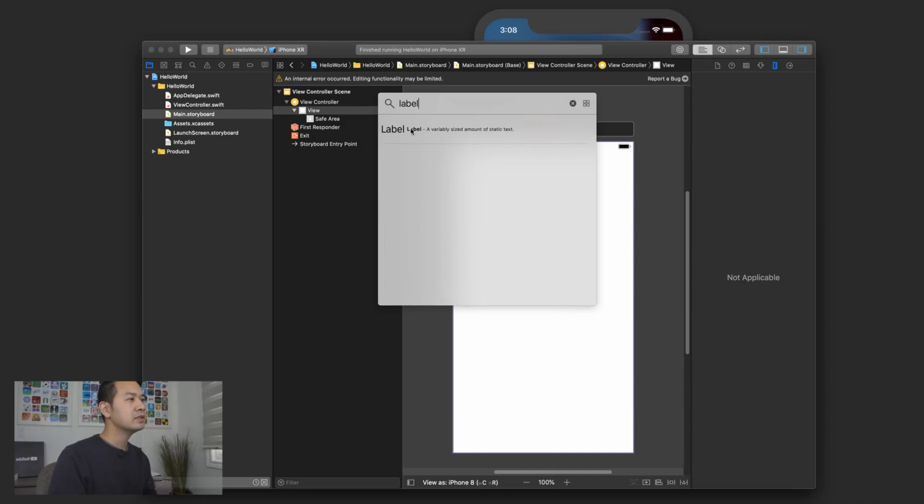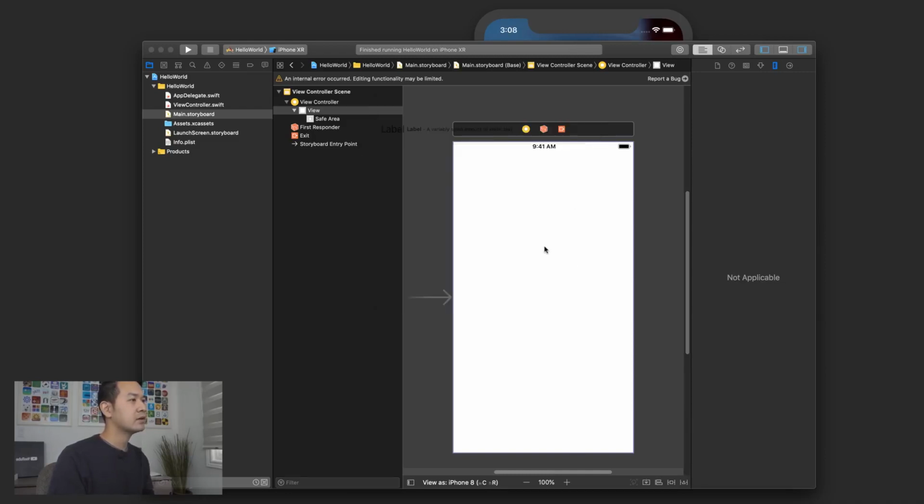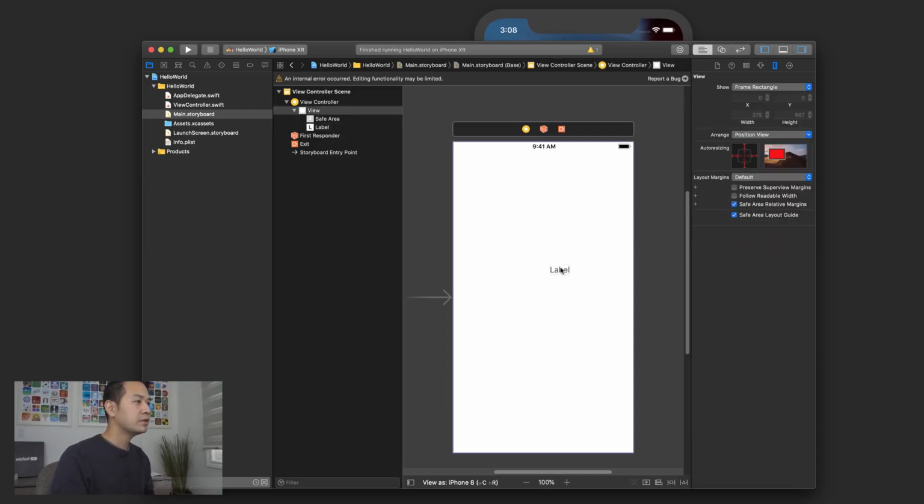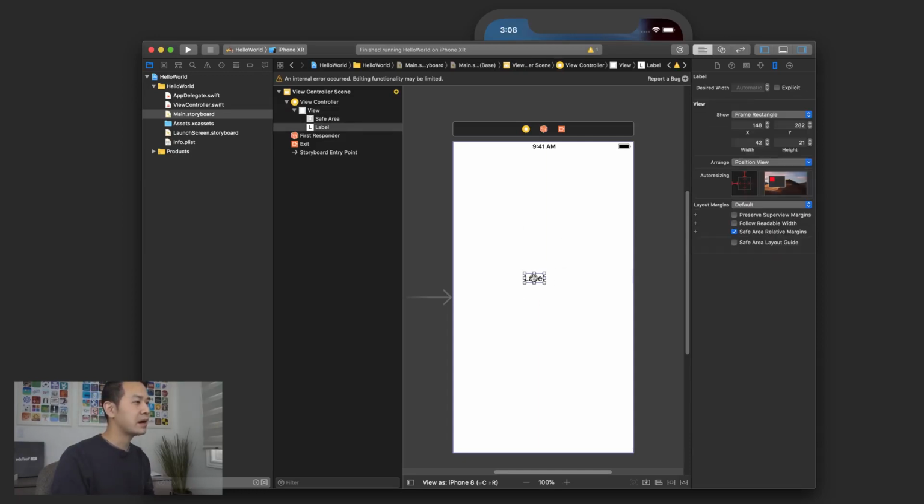Type in label to search for this guy, and all you have to do is click and drag it onto your view like this. Now you're going to see that label on your view right here. Now you can drag it around and you can position it, but that's not really going to do anything because